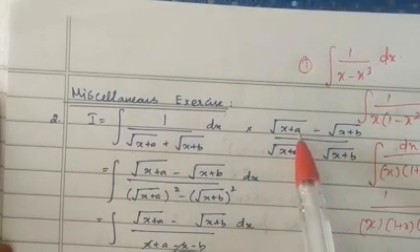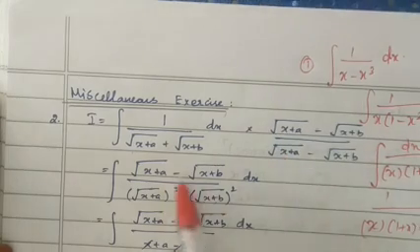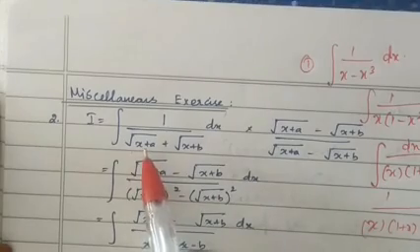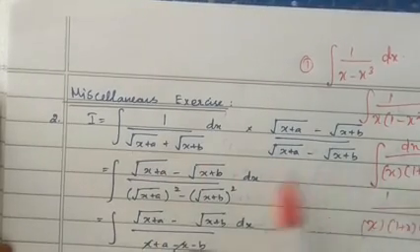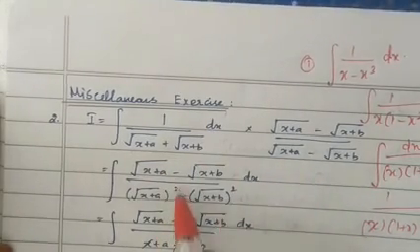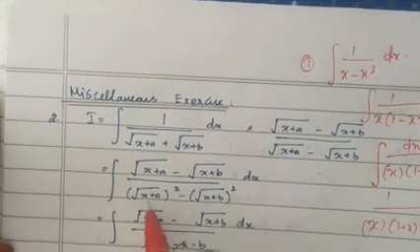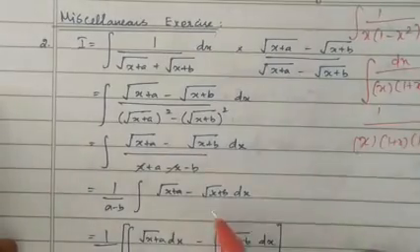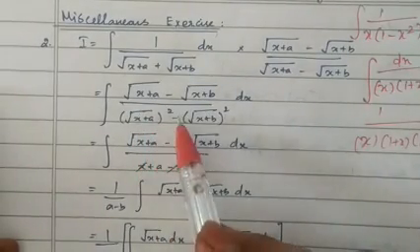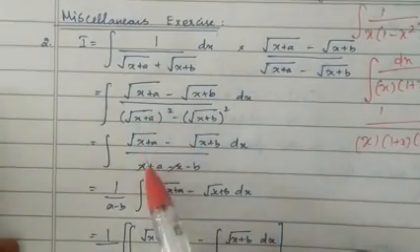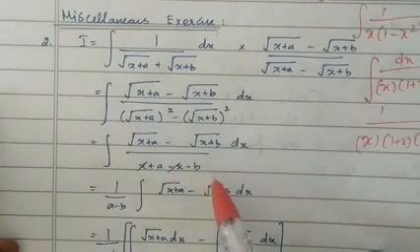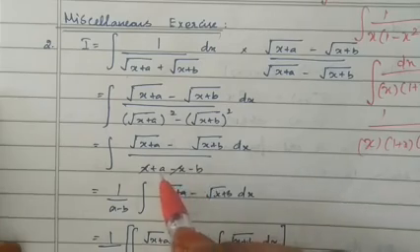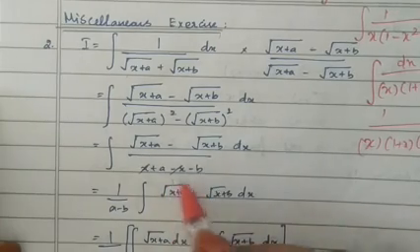When you multiply and divide by that, the numerator will become root of x plus a minus root of x plus b into dx. The denominator is of the form a plus b into a minus b, therefore a squared minus b squared. Therefore, the square and root will go off. When you simplify this, x plus a minus of x plus b. When you remove the bracket, the minus sign gives x plus a minus x minus b. So the denominator is a constant. The remaining you will get is a minus b. The denominator is a constant.